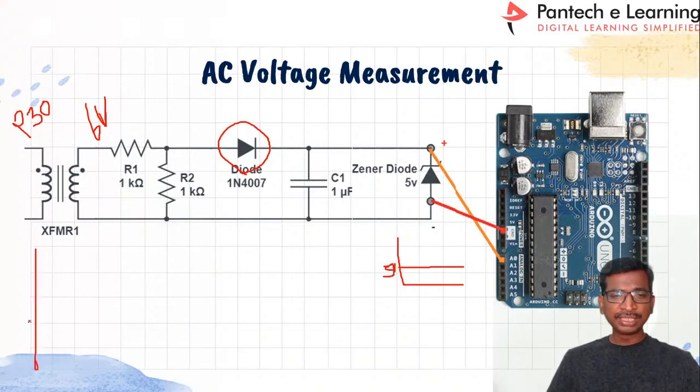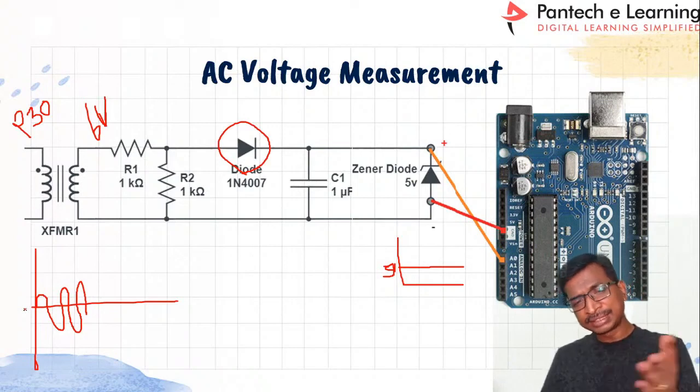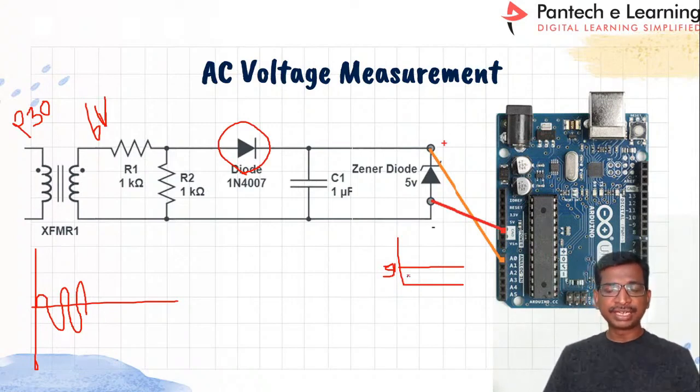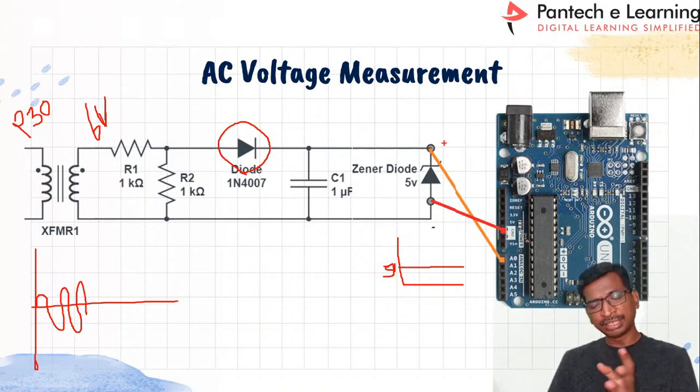Right? Suppose there is a frequency change in the AC input, and instead of 50 hertz you are getting 40 hertz or 60 hertz. In that case, we cannot tap those variations. Whatever the 230 voltage is, the same 230 voltage will be measured, and it will be equivalent to the scaled-down voltage. Right?